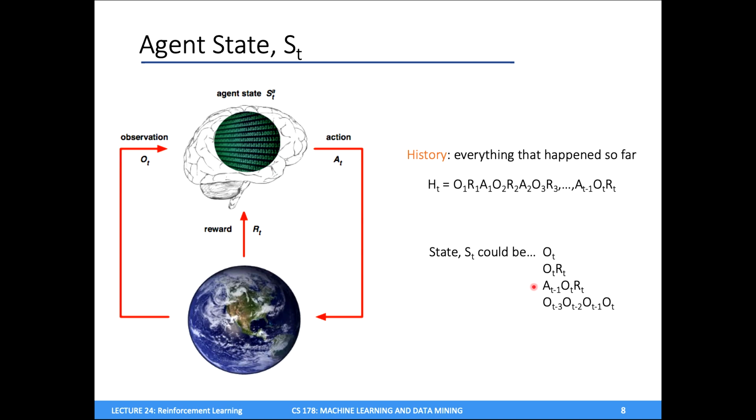If I'm trying to decide how to drive from point A to point B, maybe I have some route planned in my mind and I want to consider: okay, I turned left here, so I need to turn right here. Or we can go further back in history and look at, say, observations from the previous 4 time steps or something like this. So states are very, very general. The idea, again, is: what is the agent going to use to decide on the actions to take? Generally, our state is some kind of function of the history. It's a very abstract, general way of putting what I've been saying. But I'll point out that whenever you're designing one of these RL algorithms, it's really up to you to decide what state you want to use. So there's lots of freedom in how you set these up.